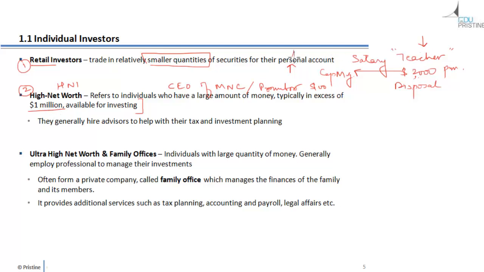So the difference between a school teacher and an HNI is that a school teacher is going to invest only from his personal account, which is very small in size. A school teacher might not have the capability to hire a separate, customized investment expert, whereas an HNI has adequate wealth and generally hires advisors to help with tax and investment planning. The third category is the ultra HNIs and family offices,